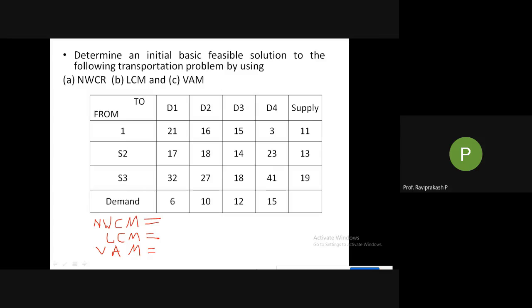One more important thing to tell you. One of the students asked whether we should draw the lines just after finishing a demand or supply, the horizontal or vertical line to show that this particular row or column is over. Should we do it in the examination? Yes, you can do it in the examination, otherwise you will be confused. There is no issue with drawing those horizontal or vertical lines to cross off that particular row or column.